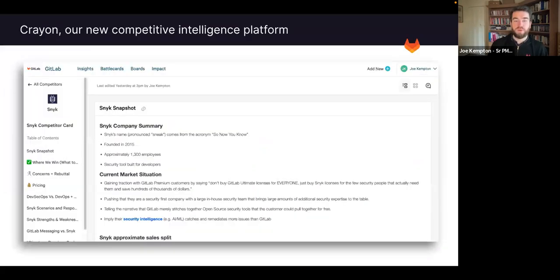Crayon is our new competitive intelligence platform, and this is something that we've yet to embed with Okta. Hopefully that will be available with an SSO in the next few weeks. Fingers crossed. It's in the process of going through that, but we have procured it. It is available. I just want to make it simple and open for everyone to use, but I'll quickly guide